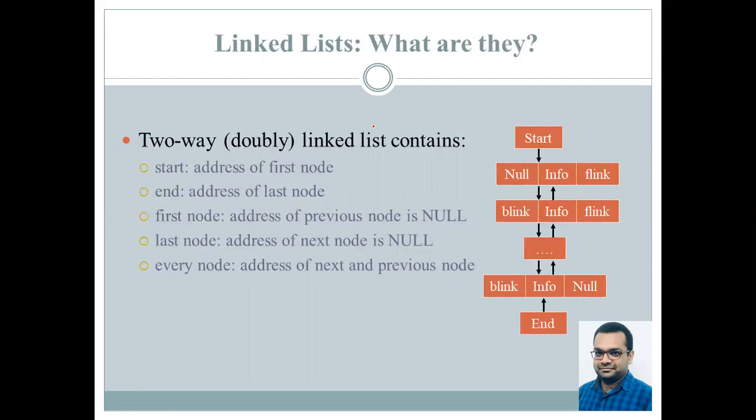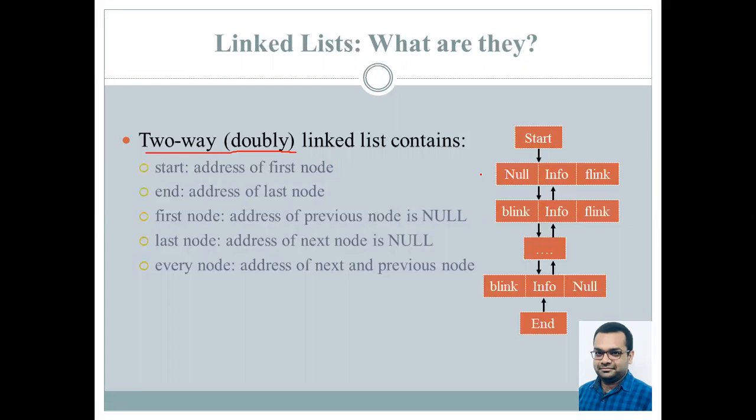So now let us start with two-way linked lists. They are also called the W linked list. Now, as we have seen, the one-way linked list, also called the single linked list, as well as the circular linked list, have a main disadvantage: in case we are near the end of the list and we want to search for a certain data item that may be present near the start of the linked list, we have to end the program altogether and restart it, and there are also other problems. That is why we make use of the W linked list in a lot of scenarios, as against the single linked list and the circular linked list.